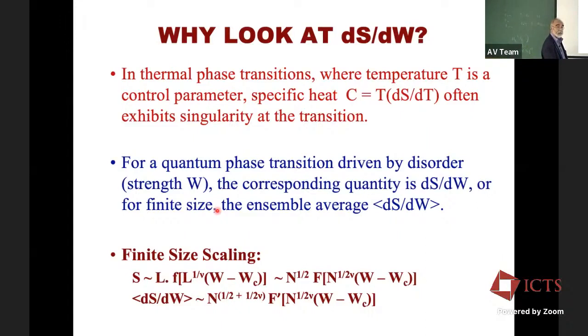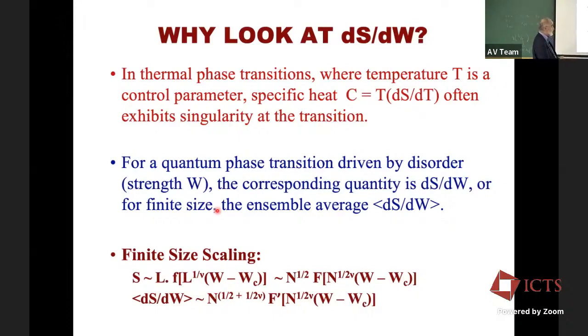Why am I not allowed to write S proportional to L to some power times a scaling function? Because in both phases we are having L, but at the critical point, it can have a different dimension. And in principle, I would do it as L to some power and then adjust the scaling function. We didn't do that. We kept it as L and tried to see what we get.